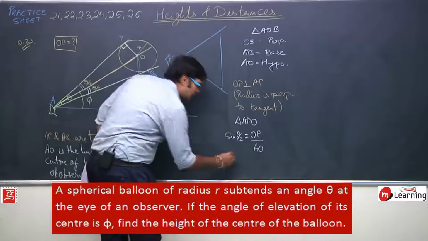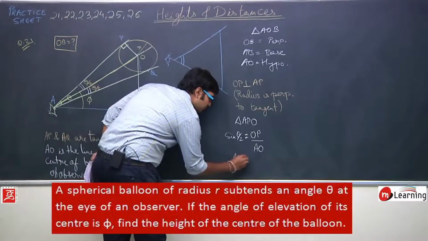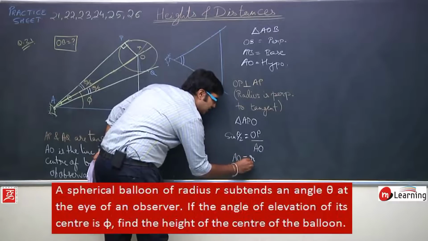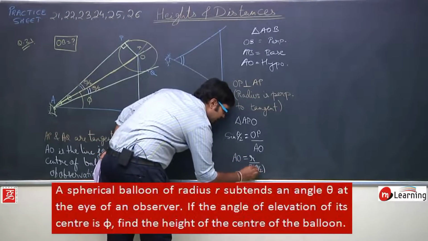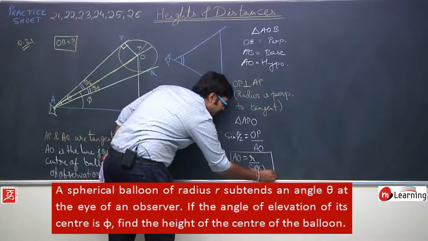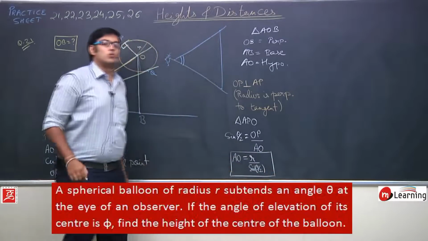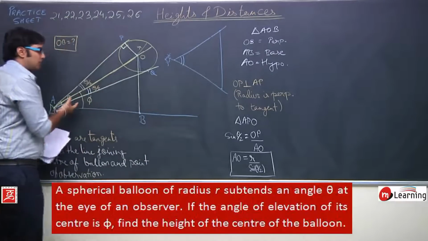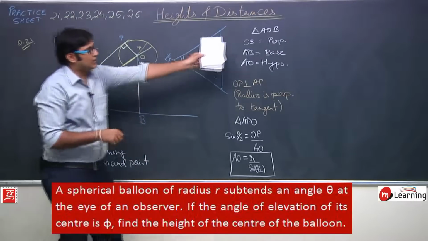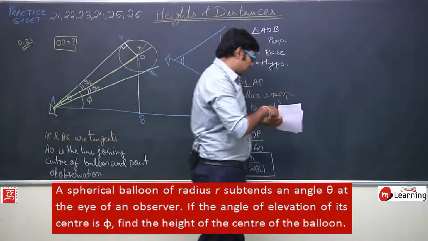So the value of AO will be equal to OP, which is R upon sine theta by 2. This is the value of AO. So I have the value of AO. Now since I have the value of AO, I can observe the triangle AOB. In triangle AOB,